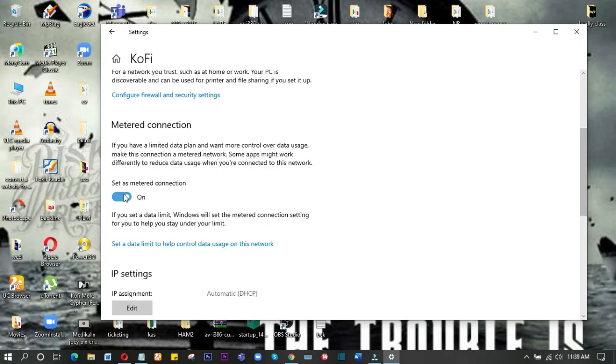From here you see that I've already set mine to metered connection. So if yours is not set to metered connection, you just click on this button and then switch it on. That's all. You can just experience your internet speed boosting, and also it will decrease the rate at which you'll be charged. After setting your network to metered, you see that the rate at which you were charged before will reduce, so you have much internet speed